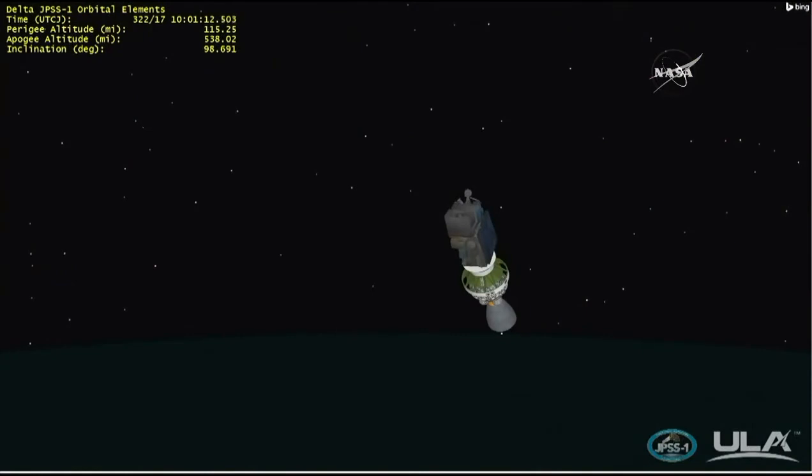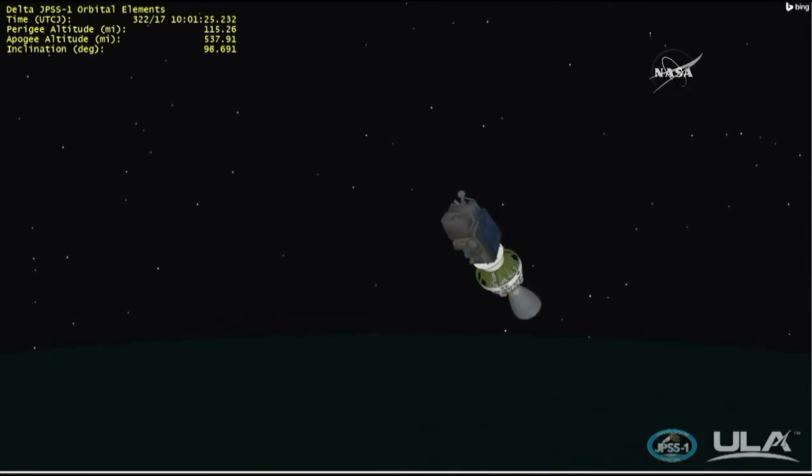The Delta II has been a workhorse. We've heard that a number of times. Can you elaborate on that for us a little bit? Yeah, sure, Mike. So this is the 154th launch of the Delta II vehicle over approximately a 28-and-a-half-year period. Its first launch in February of 1989 for the GPS mission, and since that time it's launched over 50